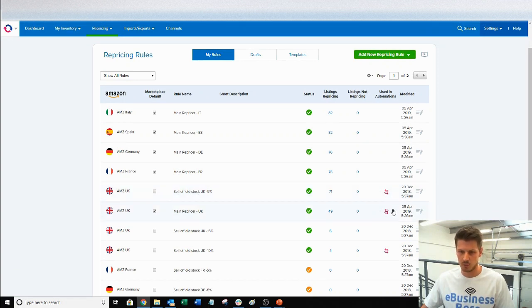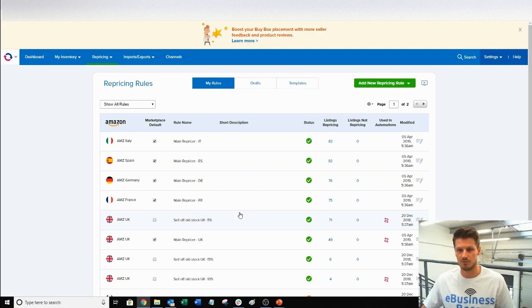So as you can see, we've got UK main repricer working alongside two other rules. And I can tell you now that what they are is if a product hasn't sold, they will be moved to one of these two rules, more aggressive rules, in the hope to sell them off. So that just gives you an insight into some sort of strategy as well while we're in here.